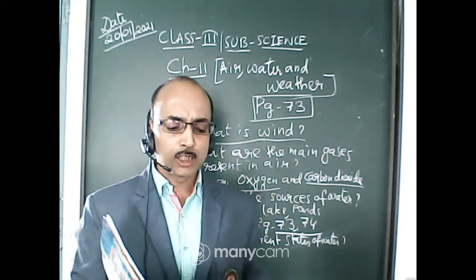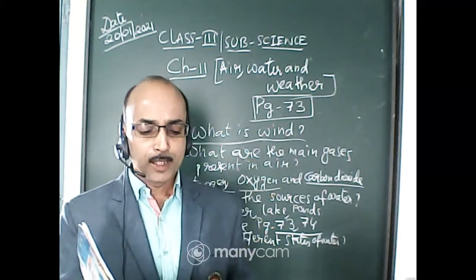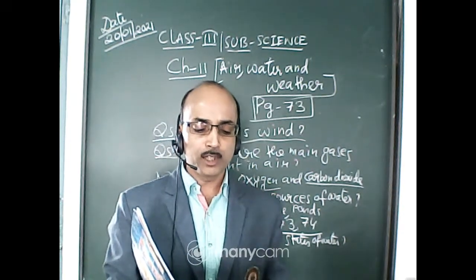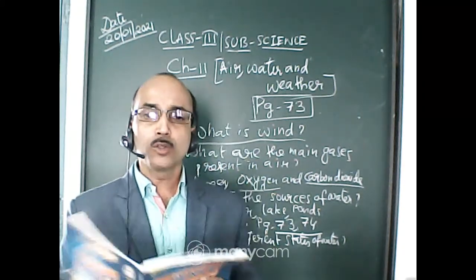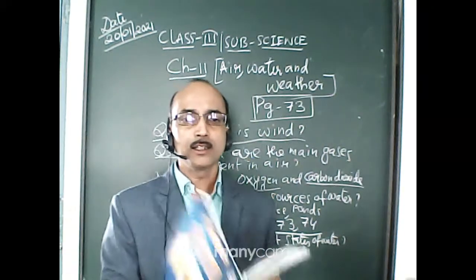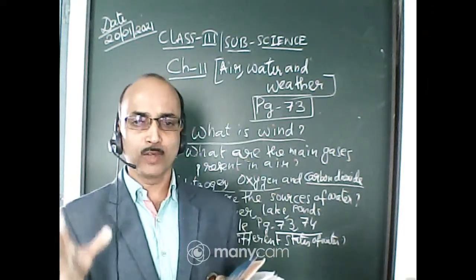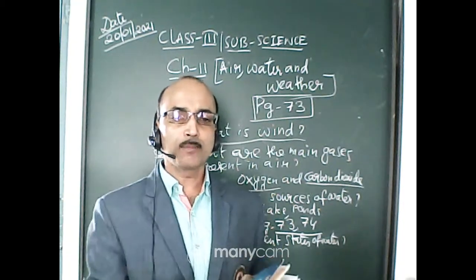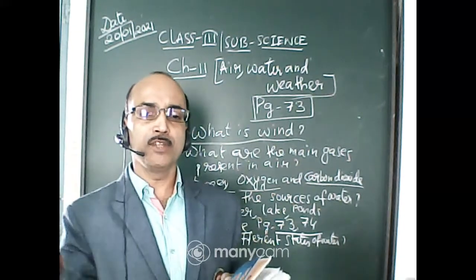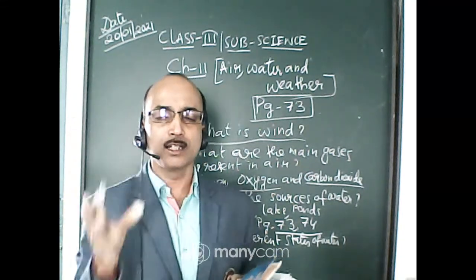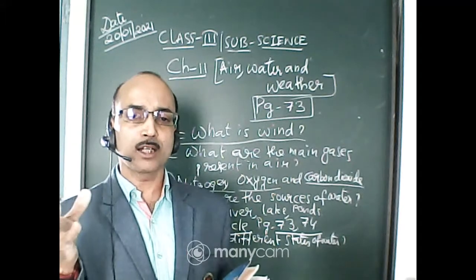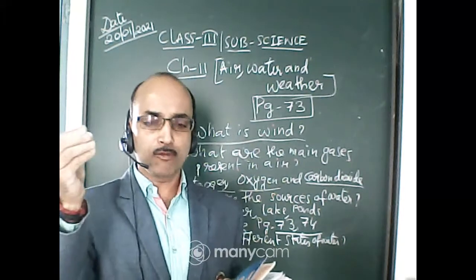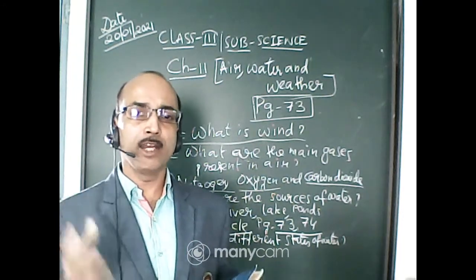Now number 3, the water drops start becoming bigger and heavier. When they become too heavy they fall down as rain. So the cloud is cooling. When it gets more cooled, what happens? These drops of water become heavier, and there are so many drops that the cloud cannot hold the water drops anymore. So this falls down on the earth as rain.